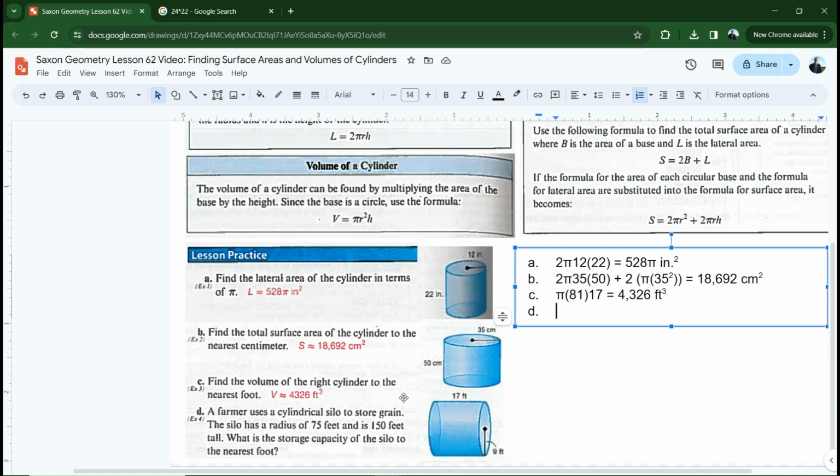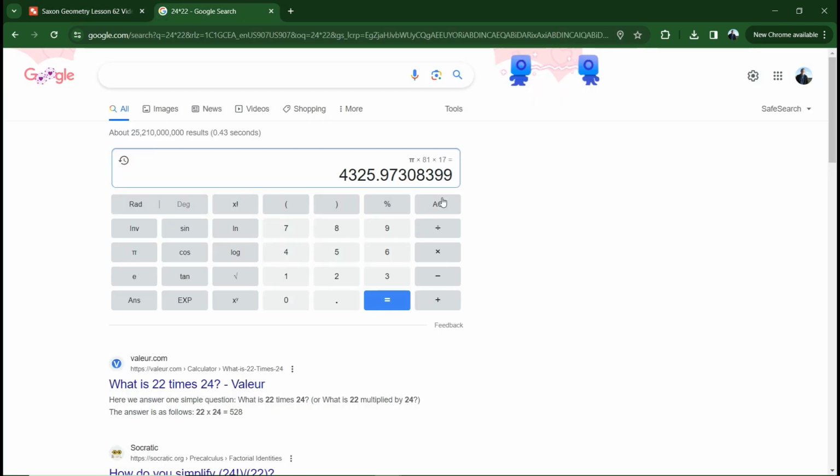So again, this is going to be pi. Which formula am I going to use? Volume. The storage capacity is volume. So it's going to be pi times the radius squared times the height. So this is going to be pi times 75 squared. I don't know that one off the top of my head. Times the height, 150. Pi times 75 squared times 150 gives me, ooh, look at that doozy of a number,